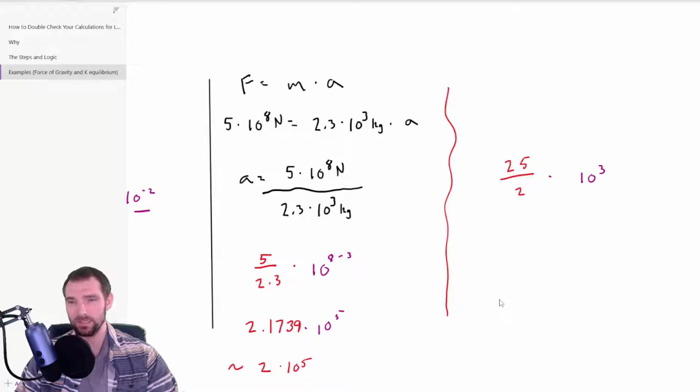What you would do if you had something like this is to write it in scientific notation. Let's say this is going to be like 12.5 times 10 up to the third power. To write this in scientific notation, you need to make this 10 times